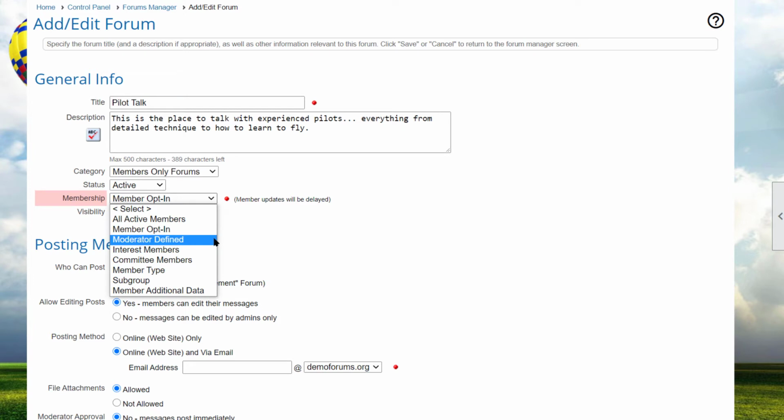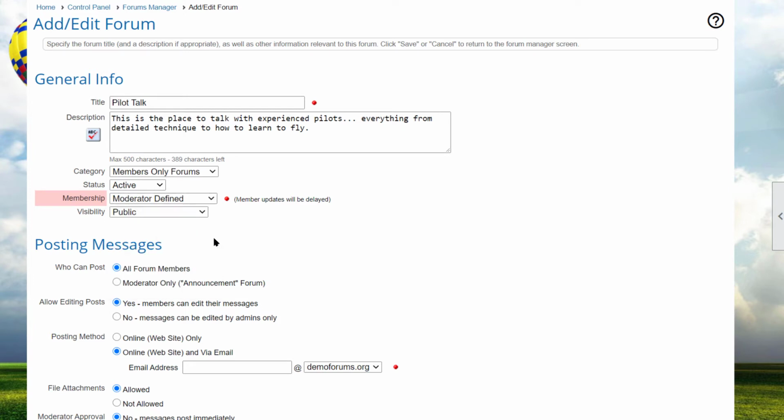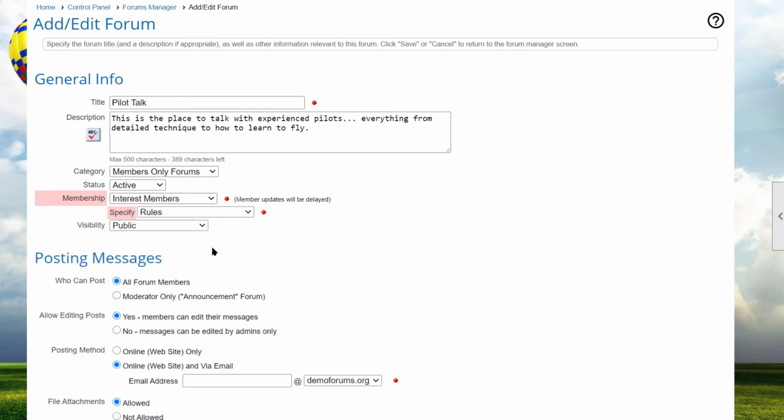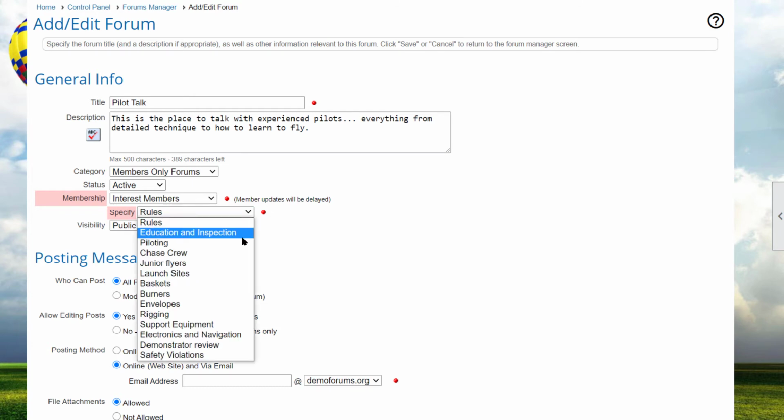Moderator defined means that a forum moderator, forums module coordinator, or club administrator is the one that defines membership in these forums. Interest members means that a forum membership is maintained automatically based around an interest group in the interest module. If members are in the interest group, they'll be in this forum. When this option is selected, a new field appears allowing you to specify the interest group to which this forum